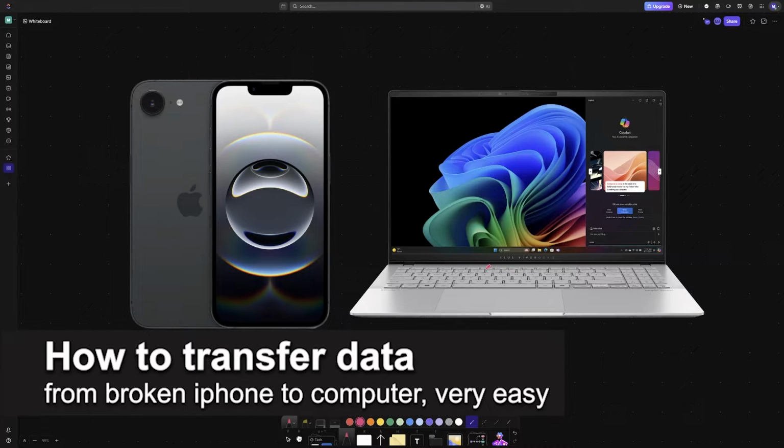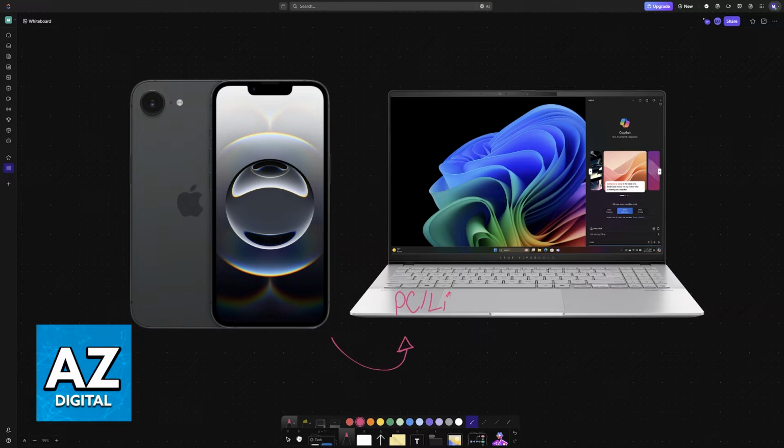In this video, I'm gonna teach you how to transfer data from iPhone to computer. It's a very easy process, so make sure to follow along. Regardless of which PC or laptop you have, you will be able to salvage the data from a broken iPhone and transfer it to a PC or laptop and consequently any other future device that you have, Android smartphone, another